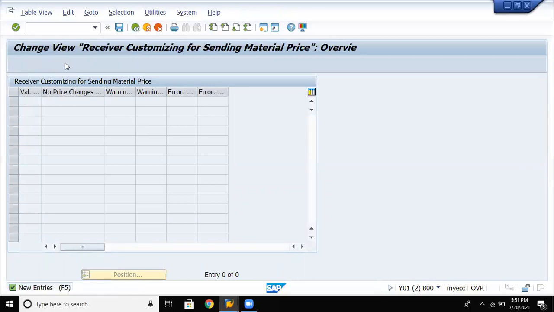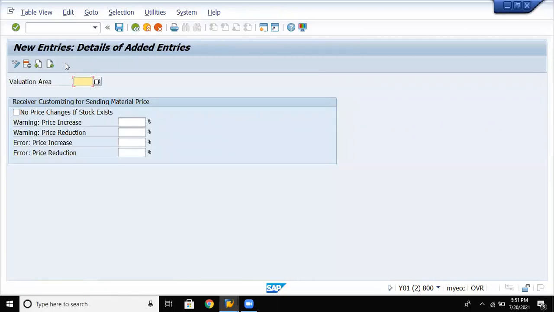New entries. Now give your valuation area B001. You are checking that no price should be changed if the stock exists. If the stock is still open, then there should be no price change. And the warning: if there is any price increase, it should warn us by how much percentage.